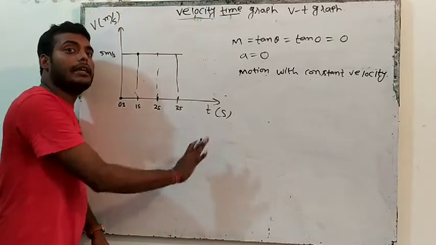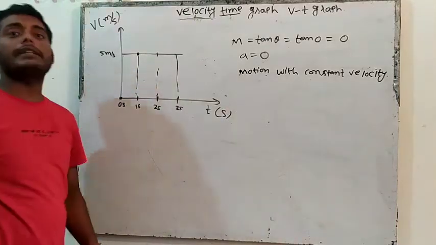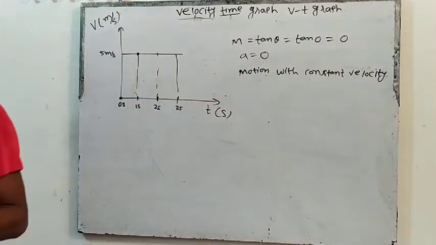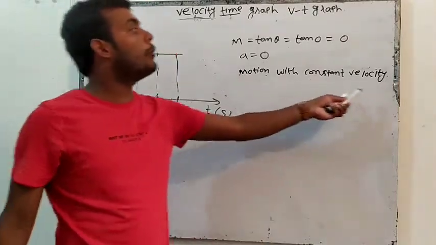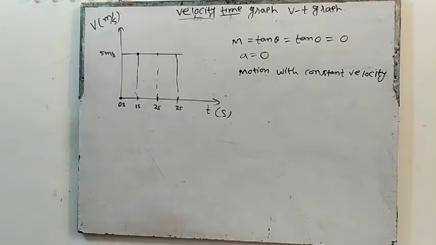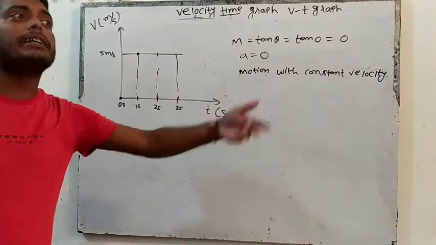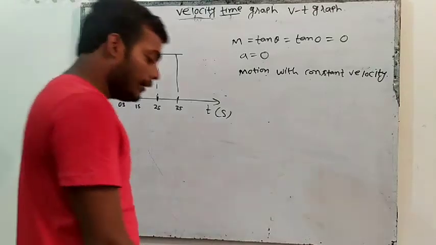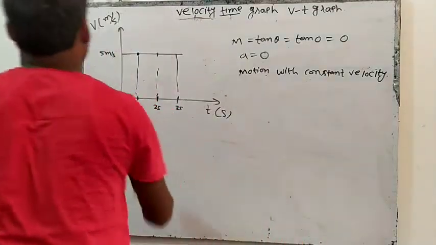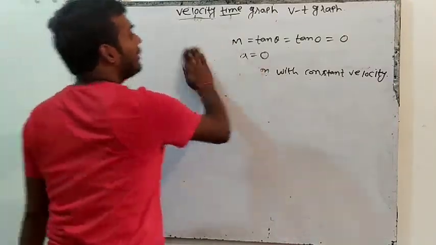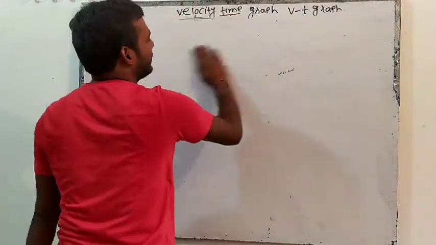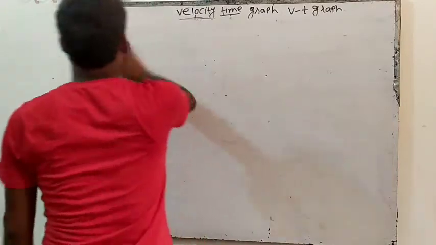That means time is changing, but velocity is not changing. Velocity is uniform. So when any object velocity is not changing with respect to time, this is the graph of uniform motion, the graph of uniform velocity. Uniform velocity means it is moving with a constant velocity, the same velocity every time. Clear? I hope this graph is also clear to you. This graph is very interesting now. If you understand, it will be interesting to you. If you do not understand, it will be very difficult for you.